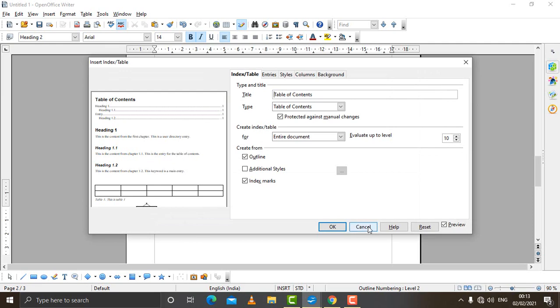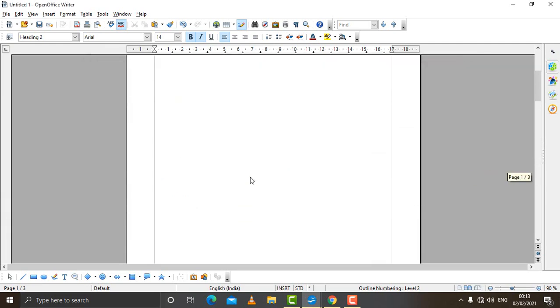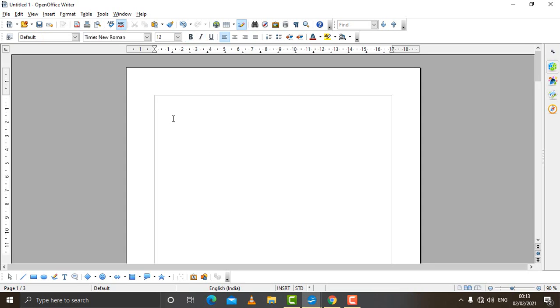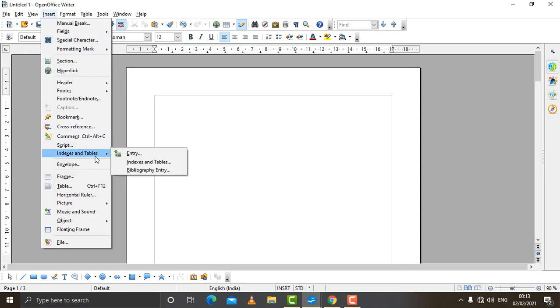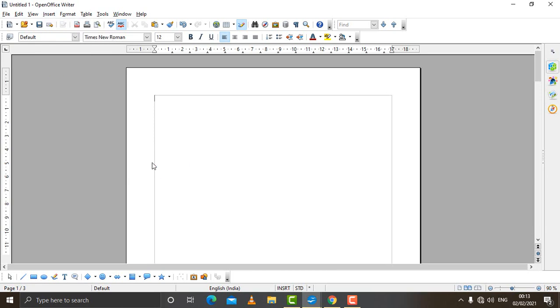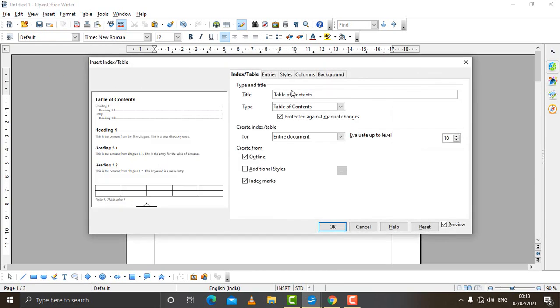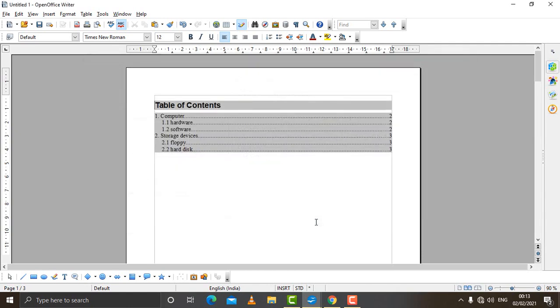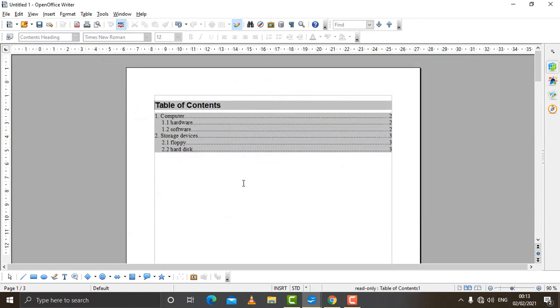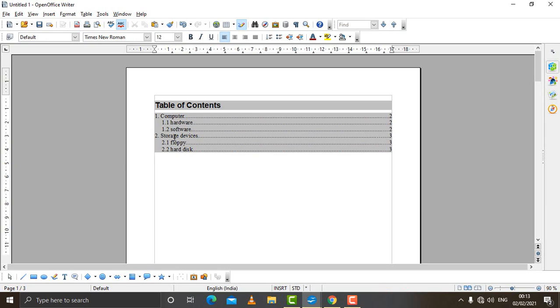But before that you have to do one thing, you have to come to the very first page, click on the very first page where you want an index, and then click on insert, indexes and table, and then indexes and table. Okay. And do not do any kind of changes, simply click on OK. So as you click on OK, you can see all these headings are here. This is the same type of heading which you see in your book. See, headings are there in a particular order and the page numbers on which these headings are there.